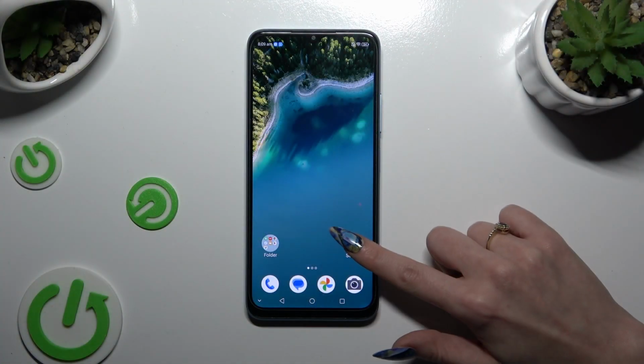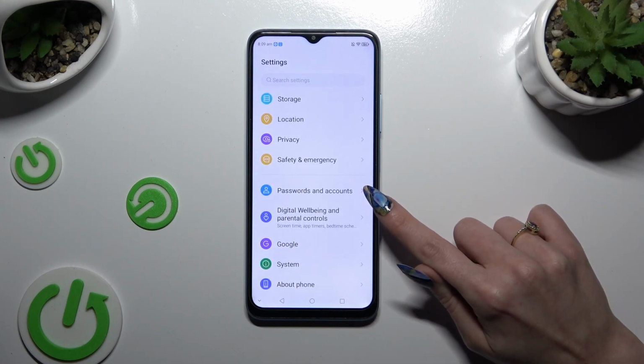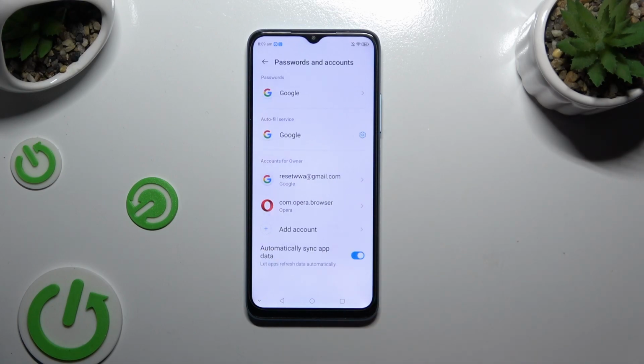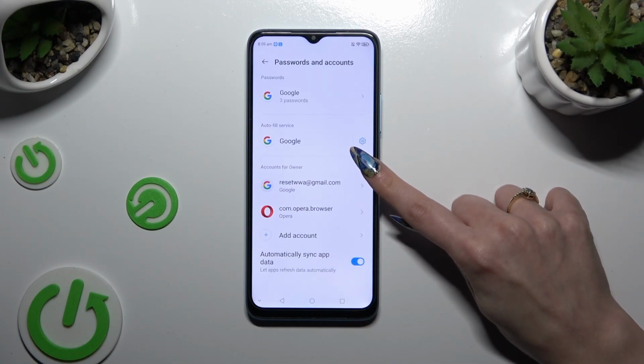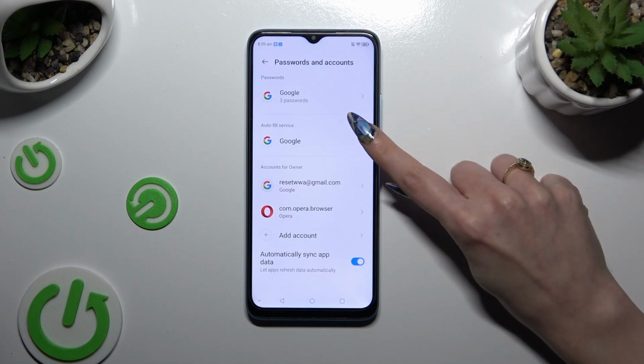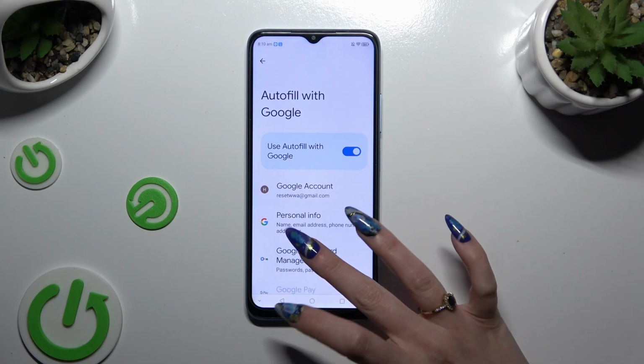Begin by launching Settings and scrolling down to access passwords and accounts. Then just click on this gear next to Google under Autofill service. Click on Google Password Manager